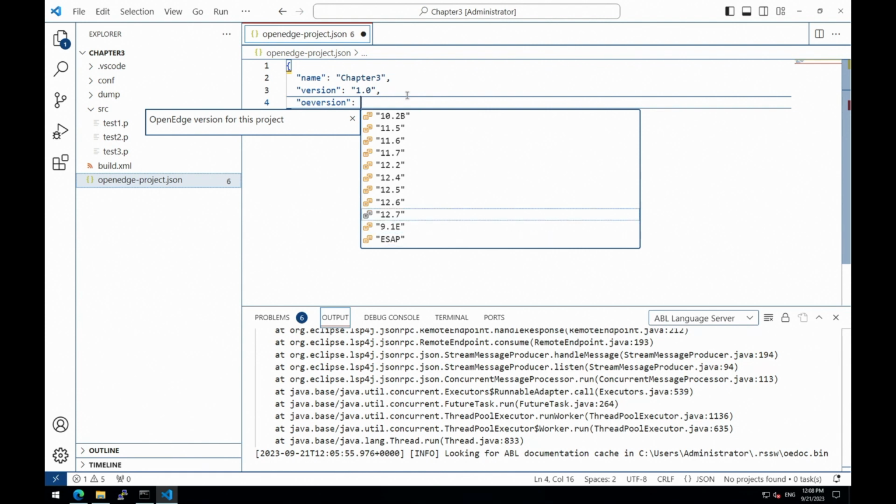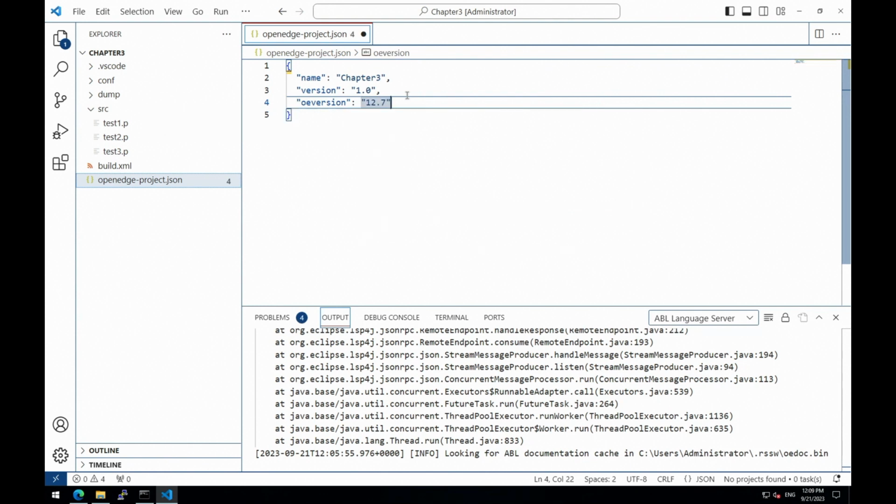One difference between VSCode and Developer Studio is that you can work with any OpenEdge runtime. So there is no dependency. You can update to the latest version of the VSCode plugin and still work with 11.7. So you can have an up-to-date development environment while working with an old version of OpenEdge. So currently this is being tested with 11.7 and 12.2, 12.7, 12.8. No tests were done with 10.2b, I have to admit. So this can be configured, but use it at your own risk. So here, we will work with OpenEdge 12.7.